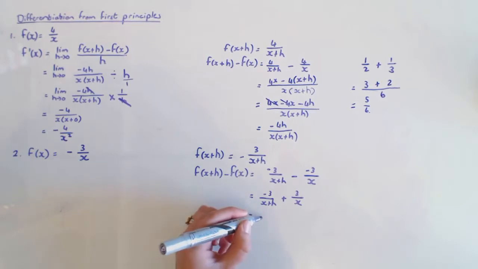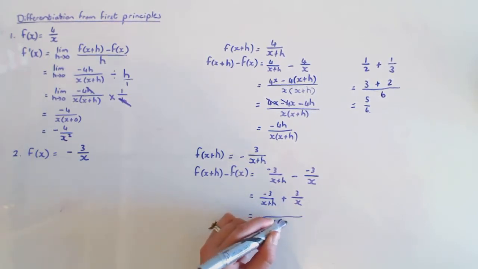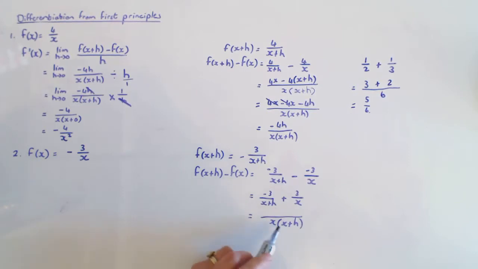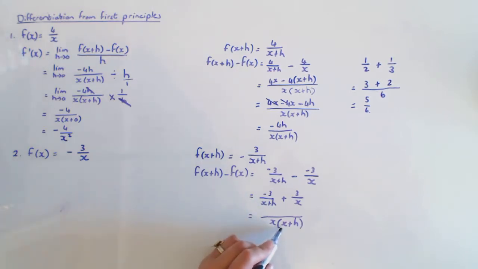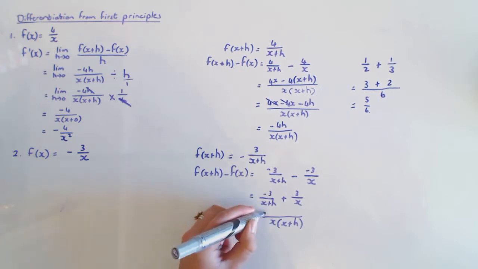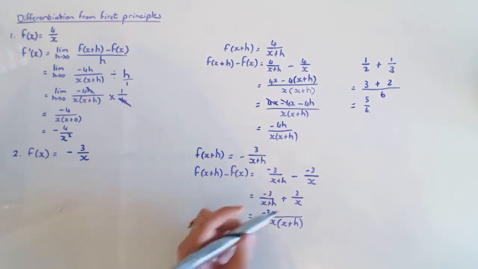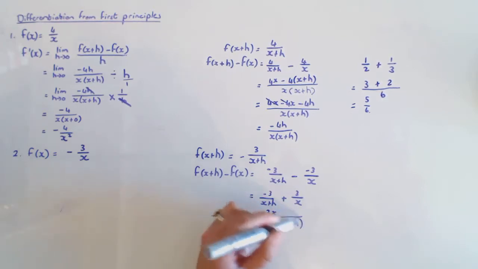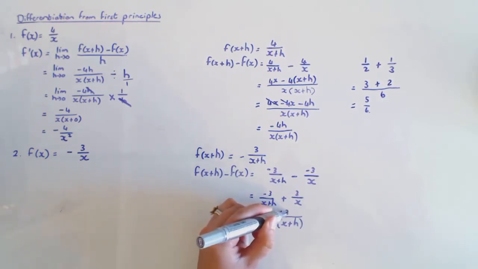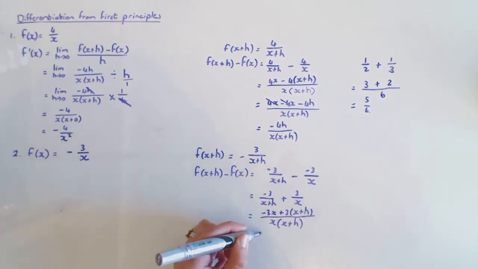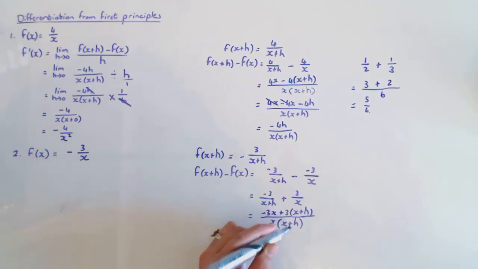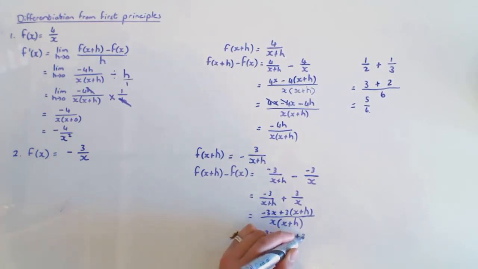Okay, and then I'm going to make this all on the common denominator x plus h. You'll see all of them work roughly the same, but you must just know how to do this, right? So from there to there, at the bottom I multiplied with an x, so the minus 3 on top I'm going to multiply with an x, and from there to there I multiplied with x plus h, so my plus 3 at the top I'm going to multiply with x plus h. Right, so I have minus 3x plus 3x plus 3h all over x plus h,